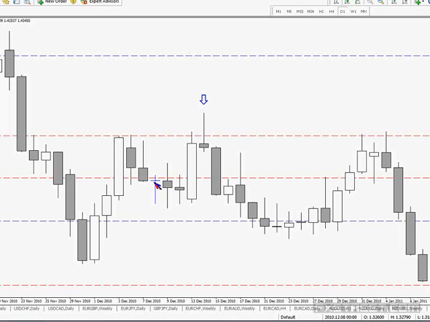Michael, do you find that the big shadows are as reliable on the daily chart as the 4-hour? Yeah, Michael, I do. I think they're fine on both of them. What Michael's talking about is the big shadow, and